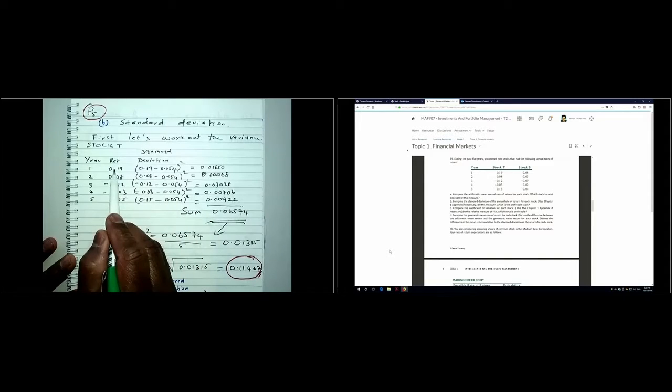So 19% minus 0.054, then we need to square that, right? Because then we'll have negative figures sometimes, sometimes positives. We want to eliminate those things. So we want to square them. 0.19 minus 5.4%. 5.4% was the average return that we generated previously. So that gives us